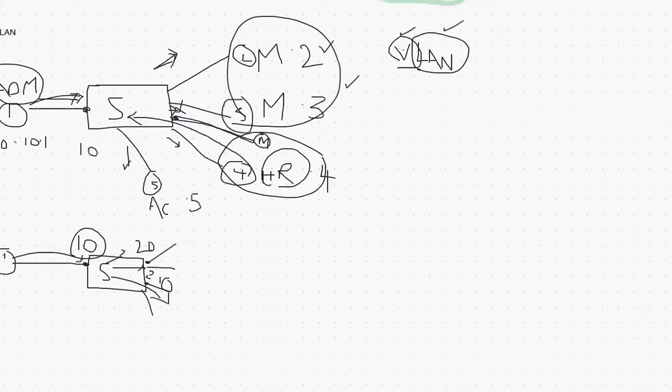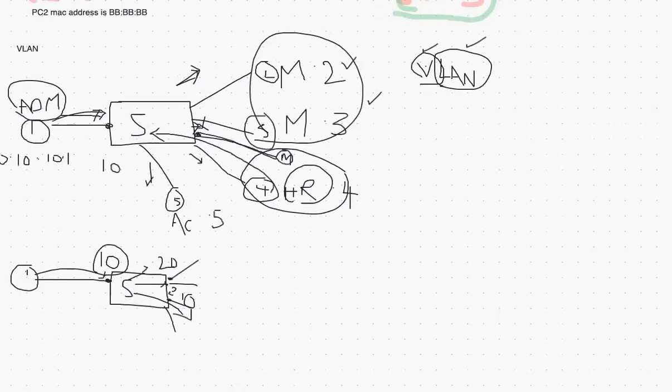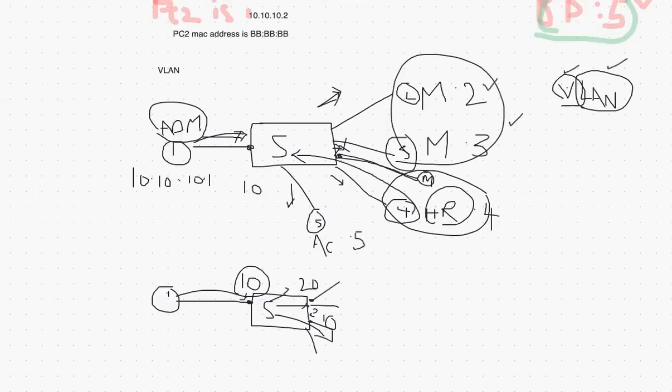Can you please repeat VLAN again? Okay, so let's say there is a switch. PC1 to talk to